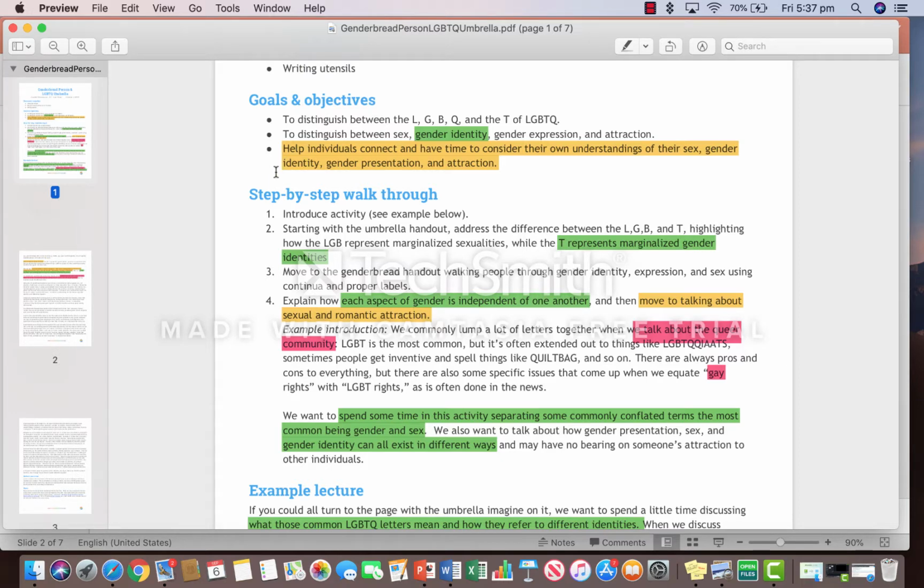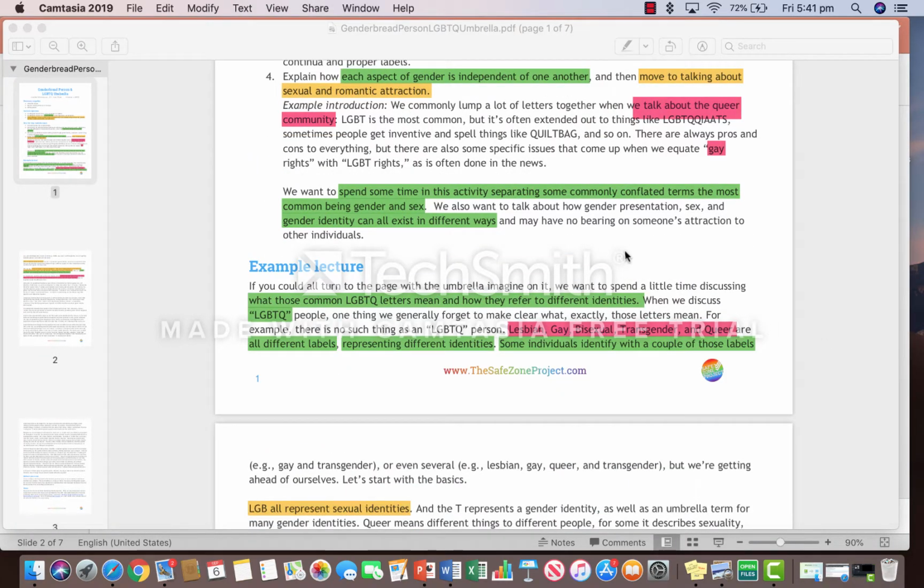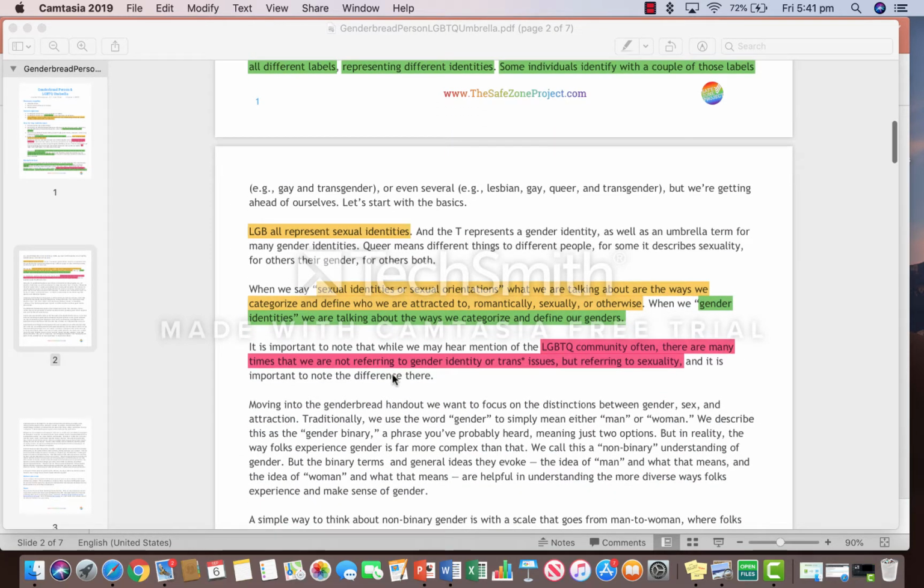Now focusing on the green highlighting, it demonstrates throughout the lesson where the LGBTQ is a representation of many identities and how this can influence people's lives. People create certain identities and inform worldviews about the LGBTQ community, labeling them as different words such as lesbian, gay, bisexual, transgender, and queer. This lesson states that there are many times that they are not referring to gender identity or trans issues, but instead referring to sexuality, meaning that the thinking process must go further than the labels that